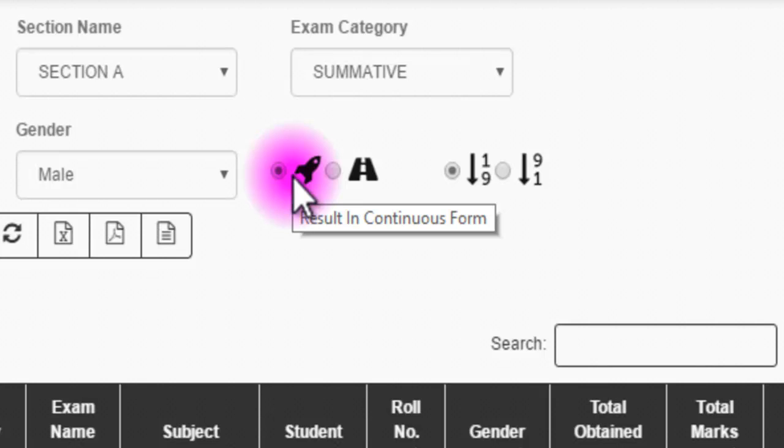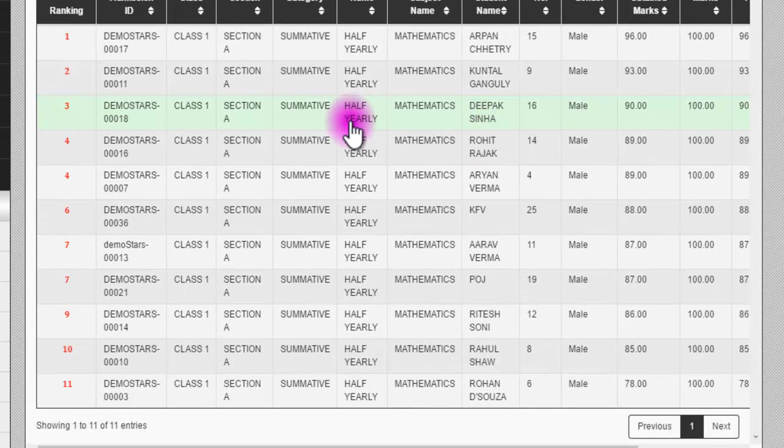If you choose the result to be in discrete form, then if two or more students hold the same position or rank, then the following student would not hold the rank successive to it. That means if two or more students have scored or have stood in the same position, then the next student would be given a rank after calculating the number of students. Say